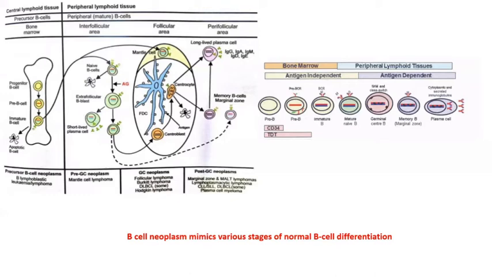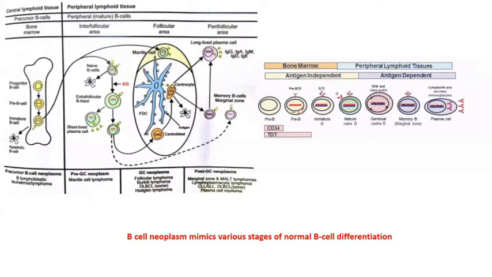The maturation starts from bone marrow. In the bone marrow, the precursor cell is known as the hematopoietic stem cell. The hematopoietic stem cell will either differentiate into myeloid lineage or into lymphoid lineage. We will be talking about lymphoid cells because we are dealing with lymphomas. This is known as the progenitor B cell. The progenitor B cells are the earliest precursor cells. These are also known as lymphoblasts.